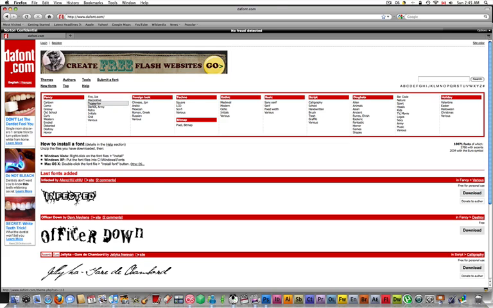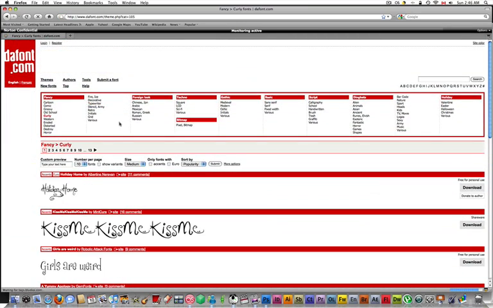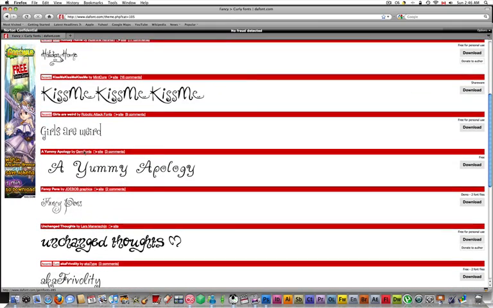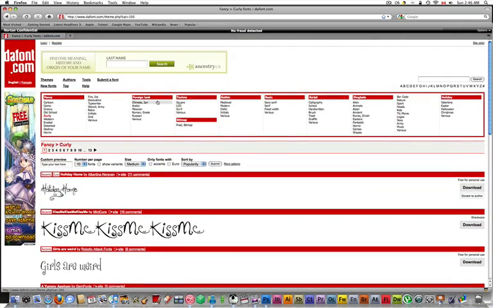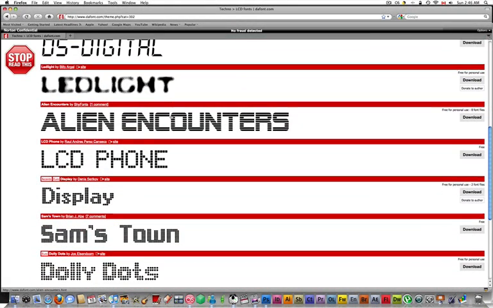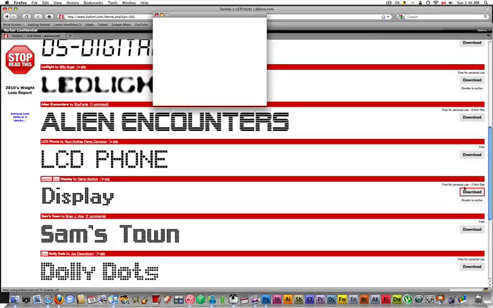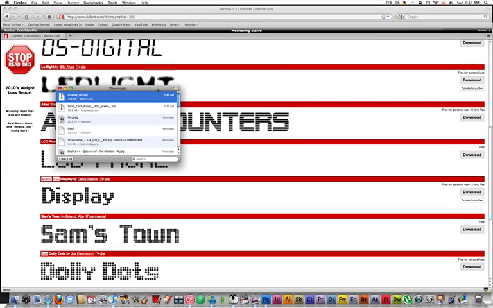You could search pretty much anything. There's typewriter, there's curly, and look, there's tons of pages for all these too. So I'm just gonna find a quick one. Let's go with LCD display. So just click download, save the file to wherever,